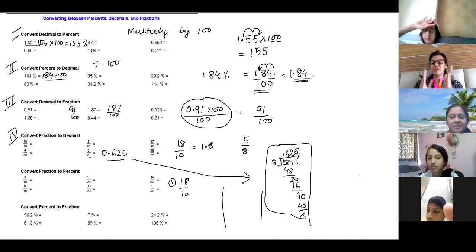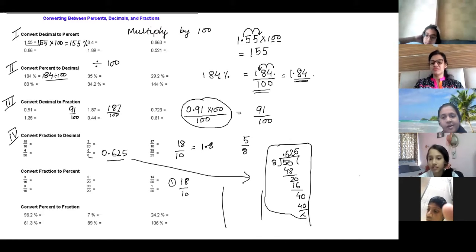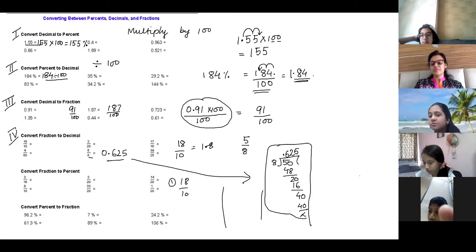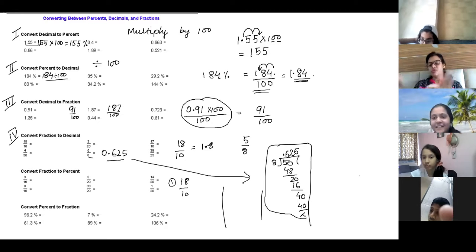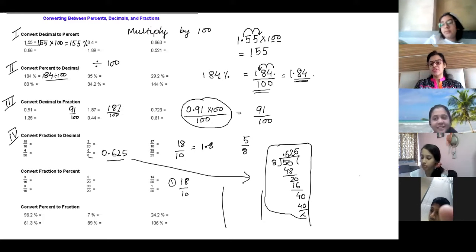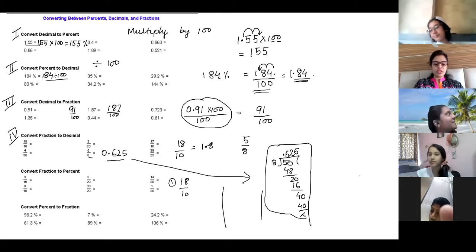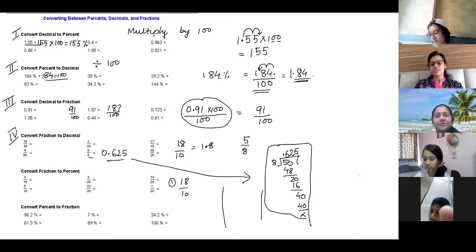Ma'am, you have 2 accounts on Google Classroom. I have a mobile and a computer account, na. Many times you can check on mobile. Sometimes I check on mobile, but the science answers you cannot check on mobile. Maths answers you can check, because in science you have to read the whole sentence. That's why it gets difficult. For me it is better on this, because the bigger screen is there.